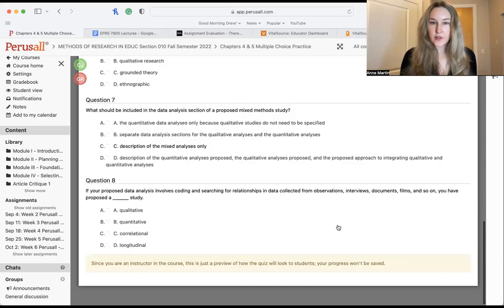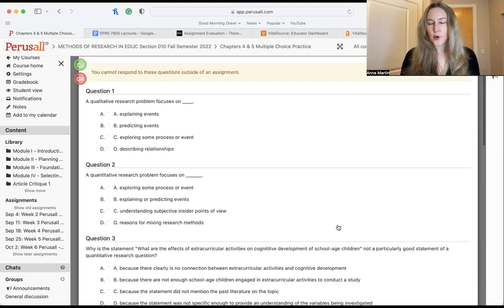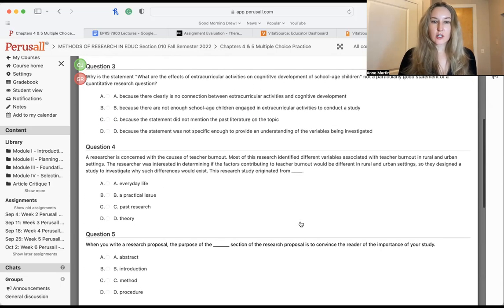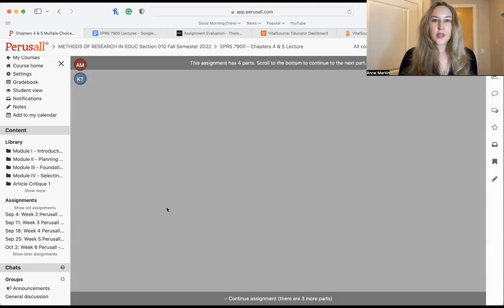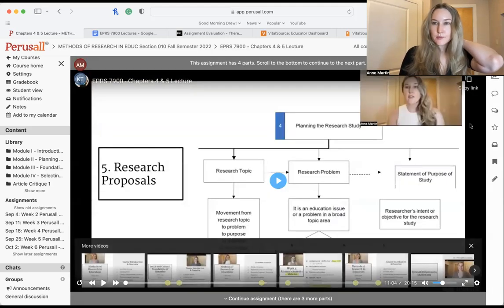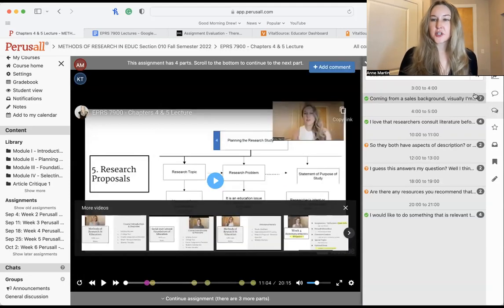multiple choice questions. So if there's others that you thought were confusing or you wanted more explanation about, please let me know about that. And while we are in Perusal, I wanted to talk a little bit about how you navigate the assignments. So here we are in week 2. So it will always start off with the lecture. When you click this icon right here, you can see all